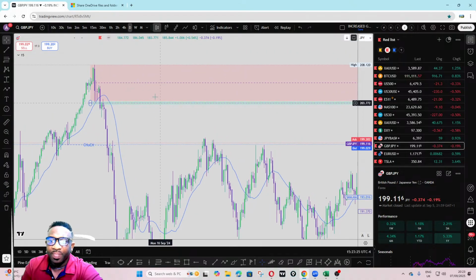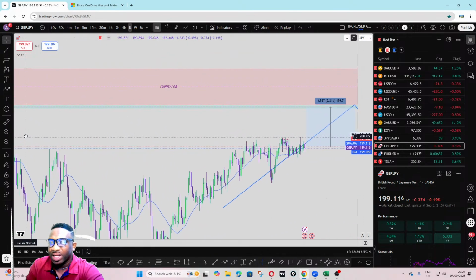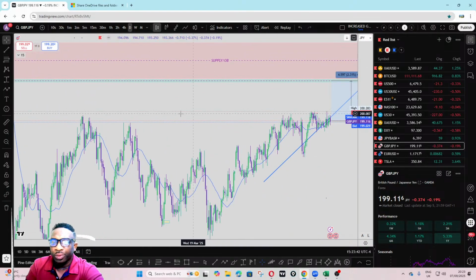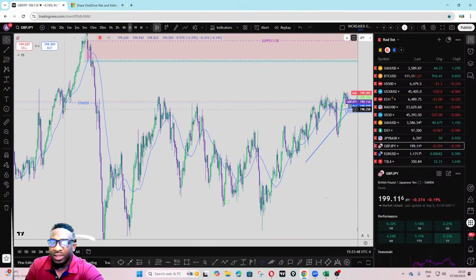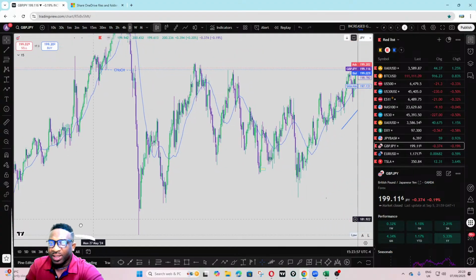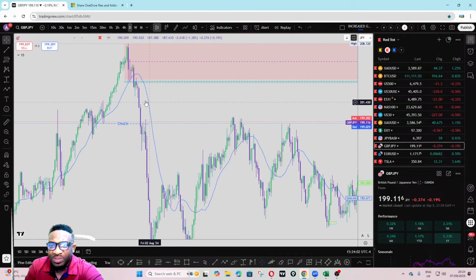In the same way, you can just further refine your zones as you move down on the smaller time frames. So GBP JPY, this is what I see this coming week. We have created this liquidity pool right here, money resting all above here. So if we've truly caused this change of character, and also at the same time caused this break of structure here, and then we originated, so this is the origin area, at least from this point on,